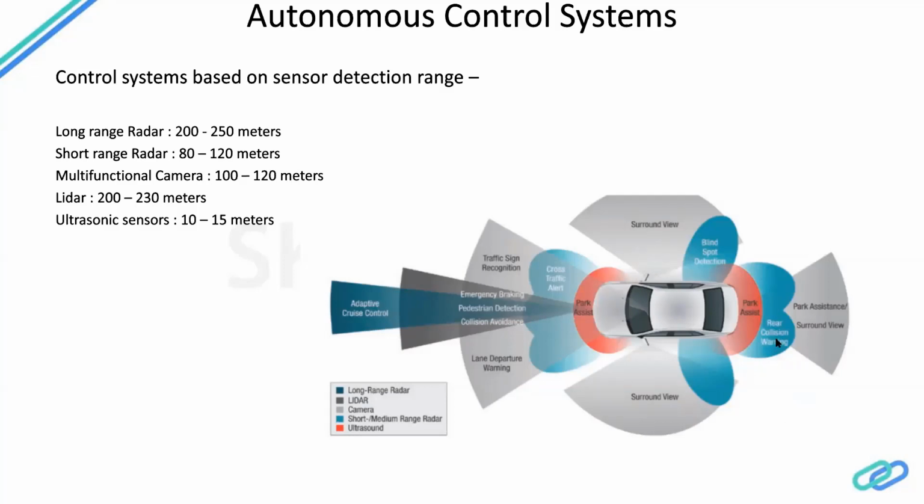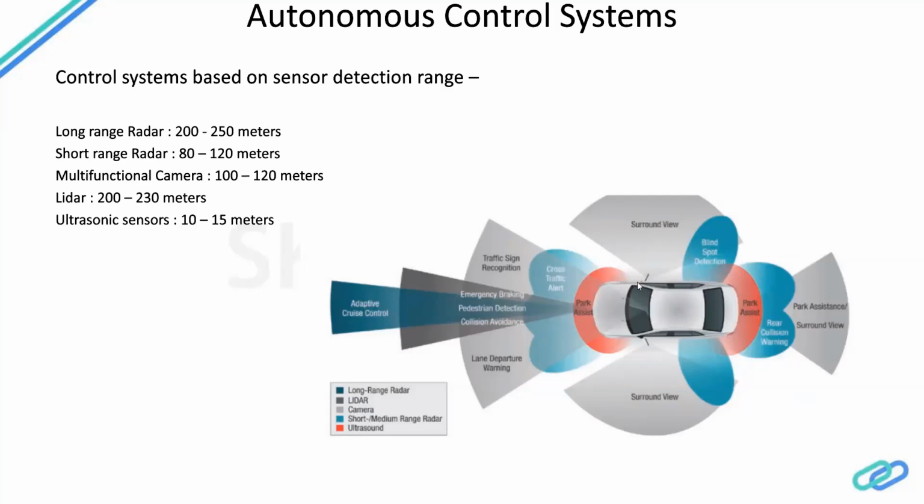We also have rear collision warning systems and cross traffic alerts. In urban situations with too many crossroads, there could be pedestrians or bicycles coming from the side, which cannot always be seen by the driver when you are driving at a speed of 60 or 70 kph. This kind of feature can be taken care of by the mid-range radar.